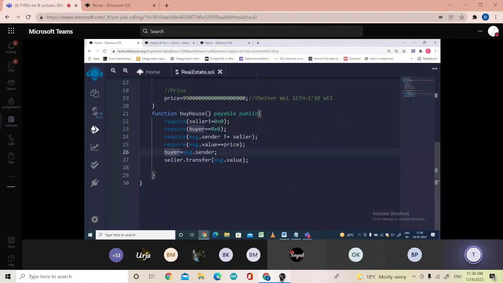suppose कि बाय हाउस ये फंक्शन कॉल किया, तो जो भी the one who has invoked this particular function is a buyer, उसका एड्रेस ये बायर वेरिएबल में स्टोर होना चाहिए। ओके, और जो भी वैल्यू उसने पास किया है that should be transferred to the seller's account। okay, तो ये that is done by these two statements, that is buyer equal to the message dot sender।